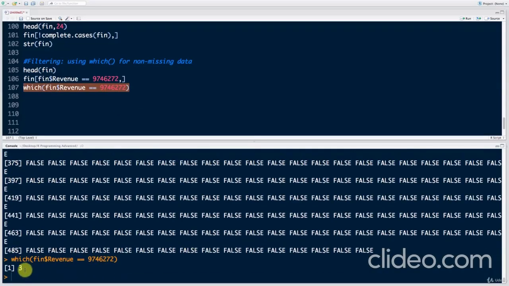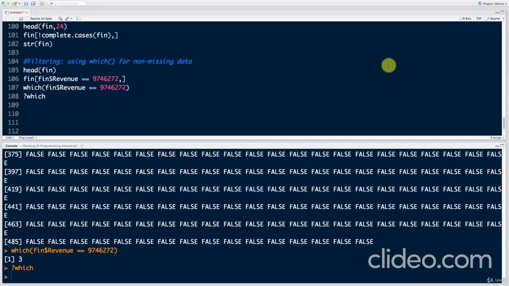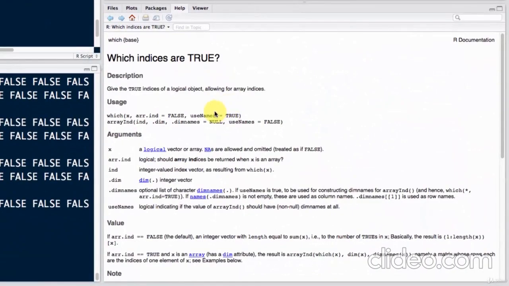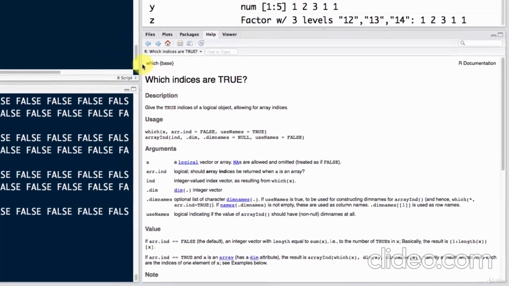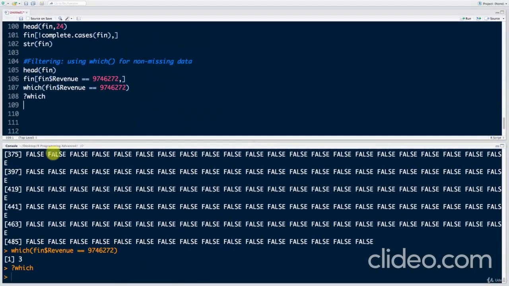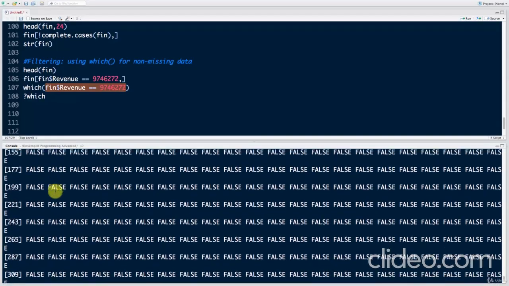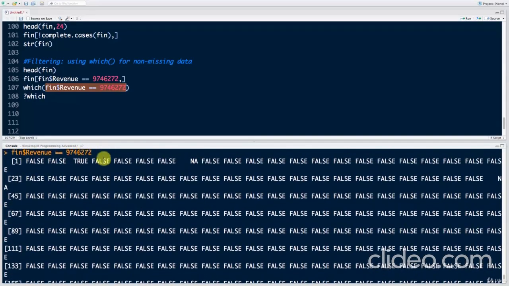As you can see, we've got just one number here. Where is this number coming from? Well, let's look at the question mark which. That will be helpful. Let's zoom in here, and it says which indices are true. Give the true indices of a logical object, allowing for array indices. What that means is that which will look through your vector, and it only picks out the true values. So it ignores falses, it ignores that, picks out that, ignores,